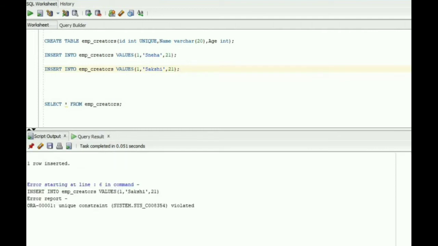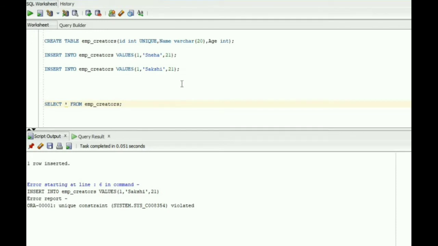You can see it is giving an error, unique constraint violated. It means you cannot insert same ID in a table because of unique key constraint. You have to give different value in ID.